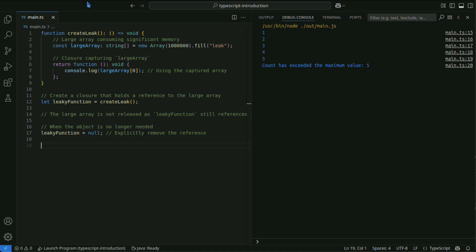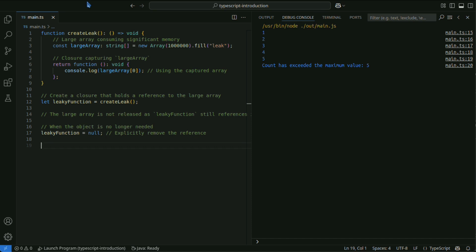In this code, the large array created inside createLeak is supposed to be released when it goes out of scope, but it isn't because the closure captures large array. As long as leaky function exists, this unnecessary memory will continue to be retained.